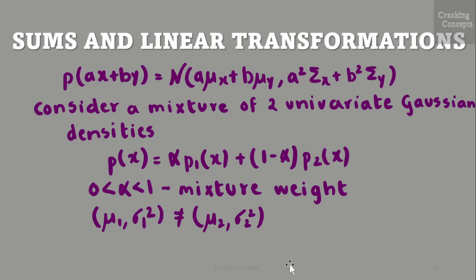Now let us consider a mixture of two univariate Gaussian densities. P of x is given by alpha p1 of x plus 1 minus alpha p2 of x, where the scalar alpha is in the range 0 to 1, which is the mixture weight. P1 of x and P2 of x are the univariate Gaussian densities with different parameters, that is mu1, sigma 1 square not equal to mu2, sigma 2 square. Then